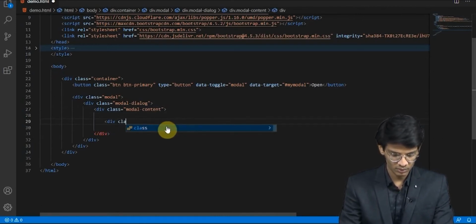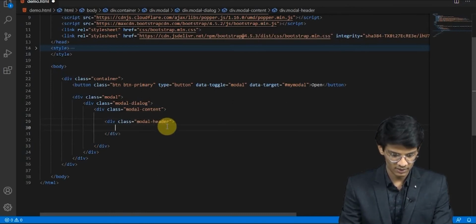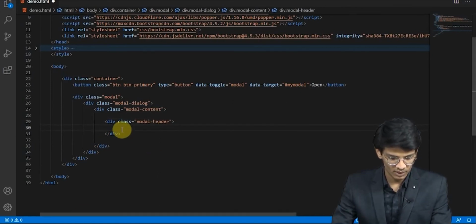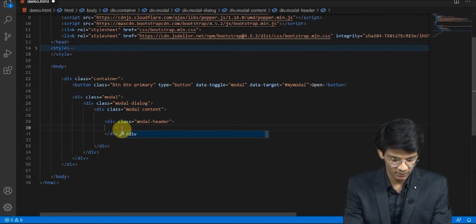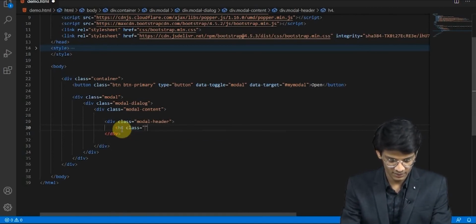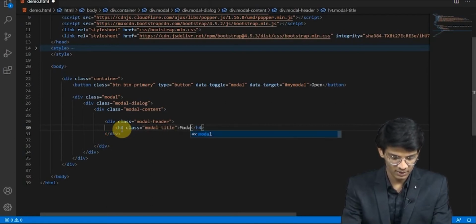So div class modal header, and inside that div, in this modal header we will give h4 tag class modal title. Okay, now we will write just modal.